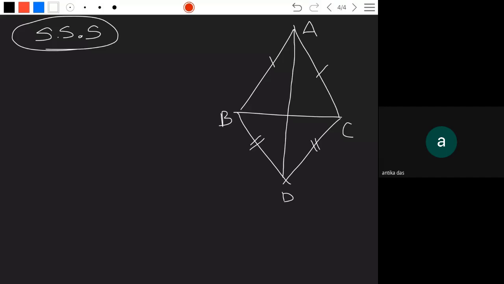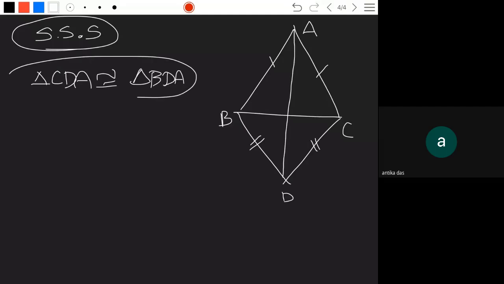So here we can take any side now. Triangle ACD is congruent to triangle ABD, or triangle CDA is congruent to triangle BDA, like this. Wait, no, no. See what you said. Triangle CDA, whenever you use this, it will be congruent to triangle BDA. Yes, right. Because here we are using side, if we take any side, then it is congruent only. But the naming is important.